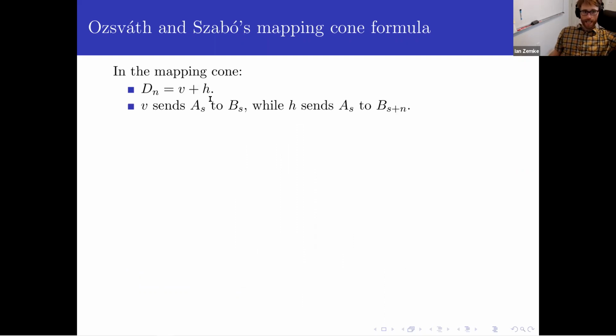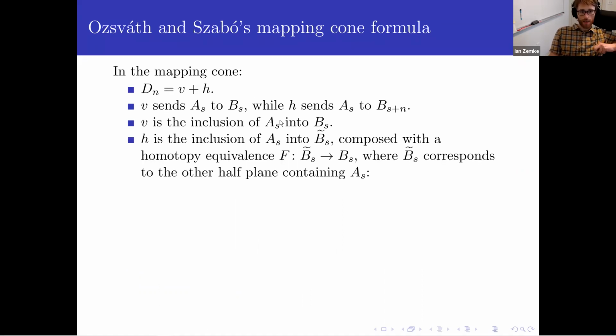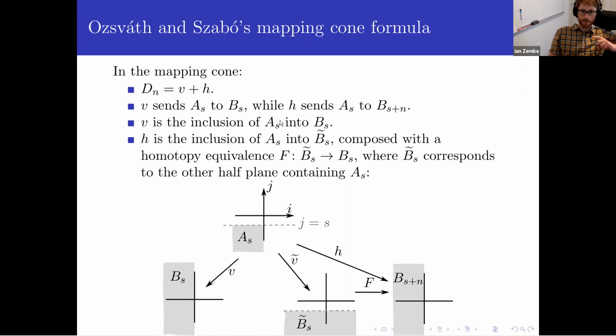V is a map which sends A sub S to B sub S. H sends A sub S to B sub S plus 1. So V is just an inclusion. As I mentioned, there's this canonical inclusion. So one of the maps is just you include. And then H is slightly different. Oh, here's a picture. It's slightly different. You take A sub S and you include it into the other half plane, which I will call B sub S tilde. So we have two half planes. We have B sub S, which has no dependence on S, and we have B sub S tilde,